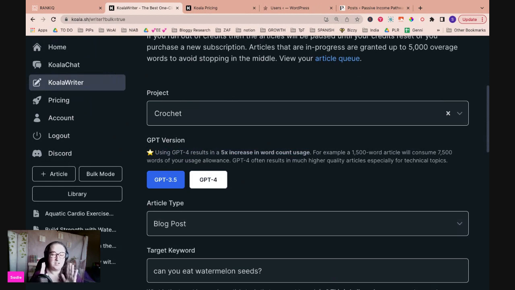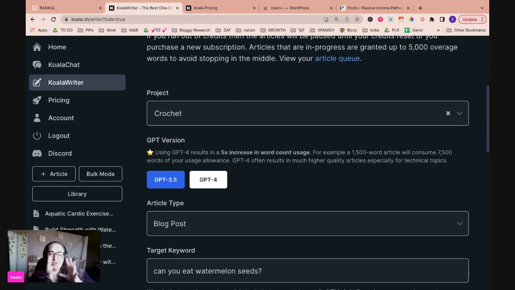I only used 4 to test things out to tell you guys whether it was better or not. We know that ChatGPT 4 is better than ChatGPT 3.5, but inside of Koala, the difference wasn't really that clear. I have done lots of articles, I mean, hundreds at this point, and whenever I compared 3.5 to 4 inside of Koala, 4 was better, but